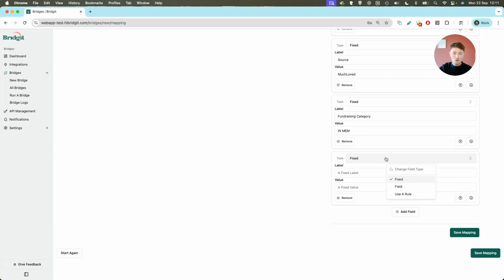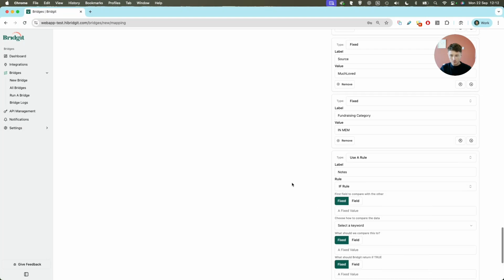In this example, something that we've noticed is that in the donation description, if people have done an event and then contributed that money in memory of somebody, they've been creating Just Giving pages and events, and the money that's fundraised through that then gets donated via MuchLoved. And so that's an interesting piece of data for us. So we want to capture that in a column I'm going to call notes, because the CRM accepts that,